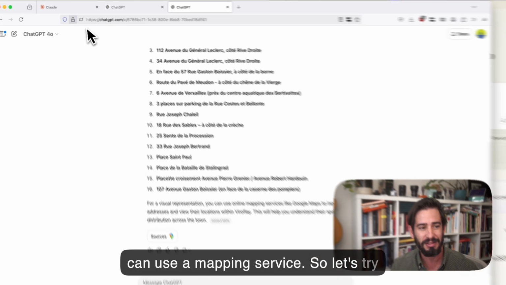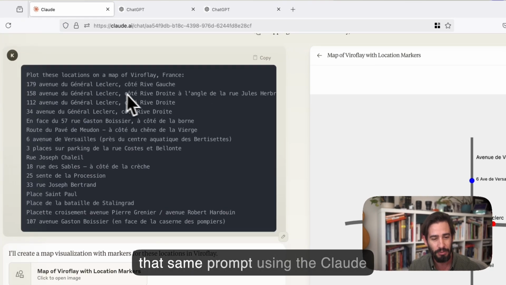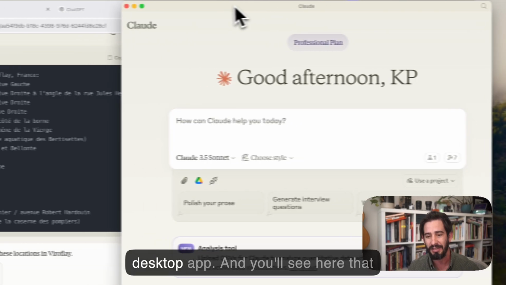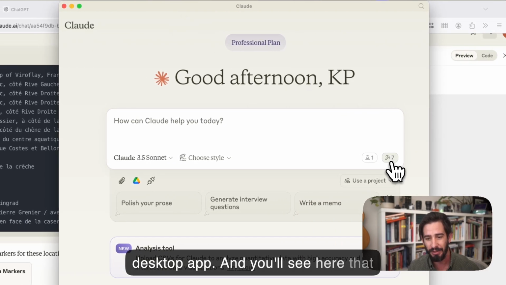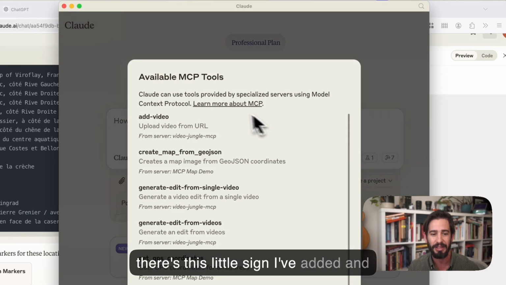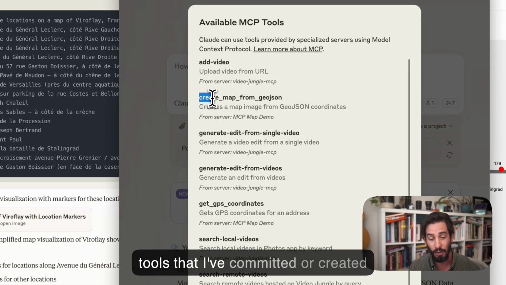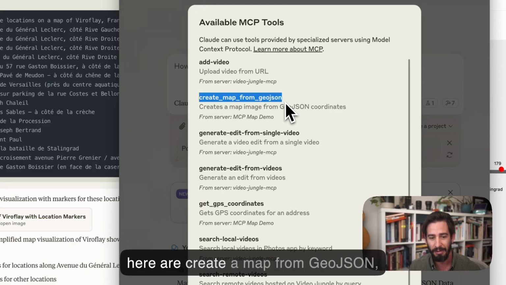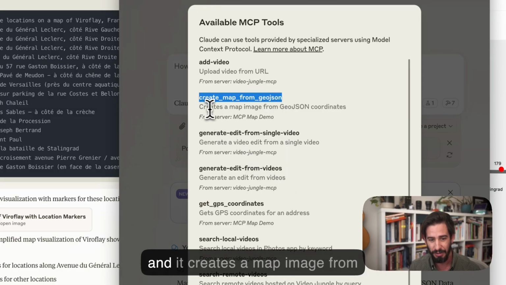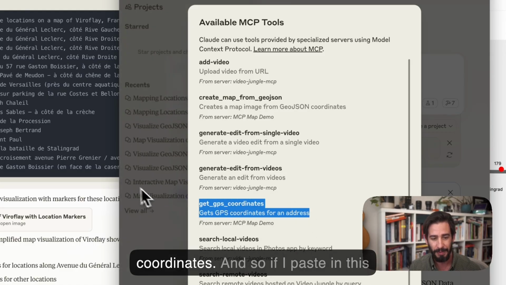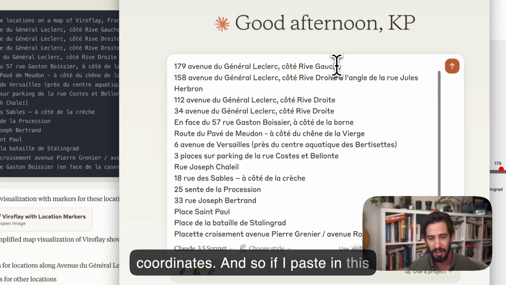So let's try that same prompt using the Claude desktop app. And you'll see here that there's this little sign. I've added and built my own tools. The two tools that I've created here are create a map from GeoJSON, which creates a map image from a GeoJSON, and get GPS coordinates. And so if I paste in this prompt,